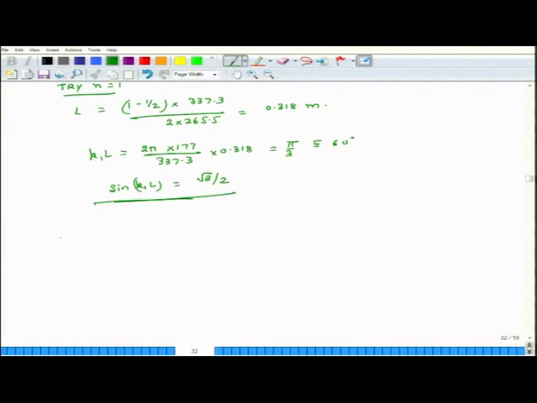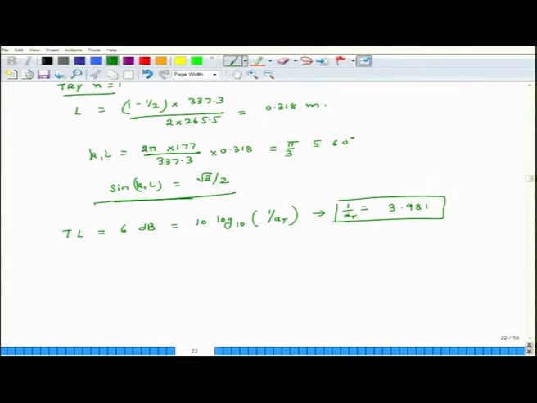So, with that understanding, we now compute transmission loss. At 177 hertz, we need to have a minimum transmission loss of 6 decibels. So, the relation is transmission loss equals 6 dB, and that equals 10 log10 of 1 over alpha. So, this gives us 1 over alpha to be 3.981. I am sorry, this is not alpha, it is 1 over alpha.